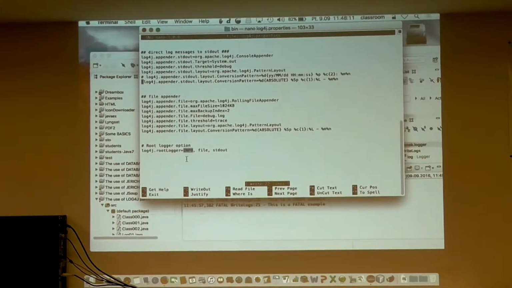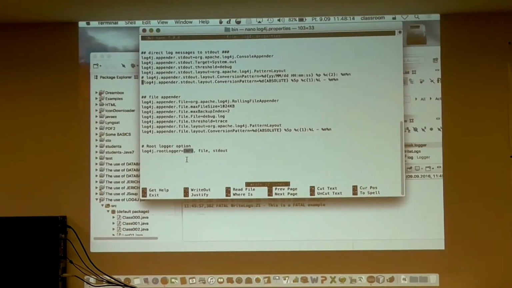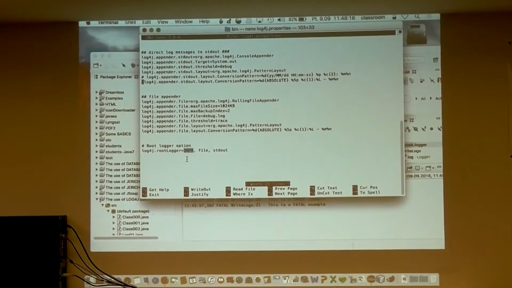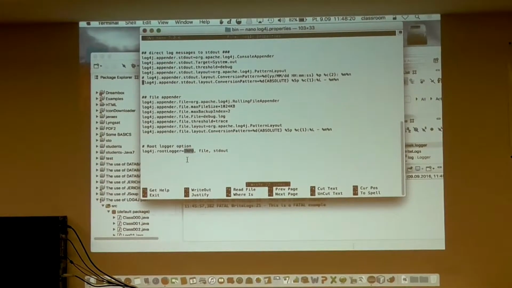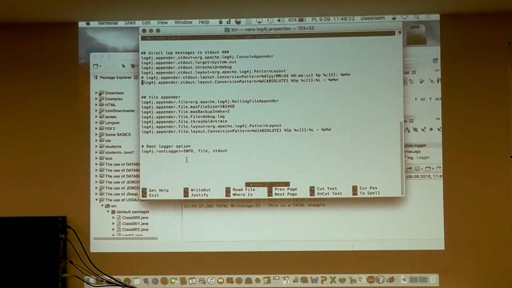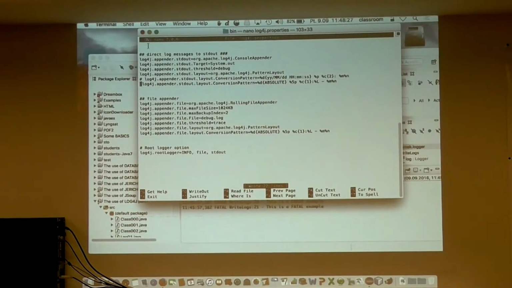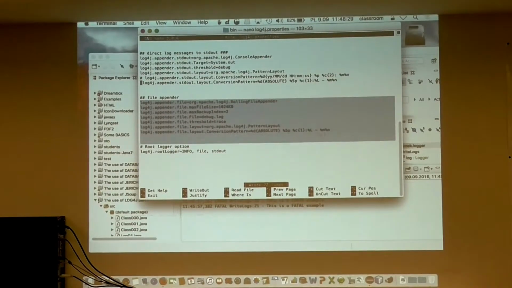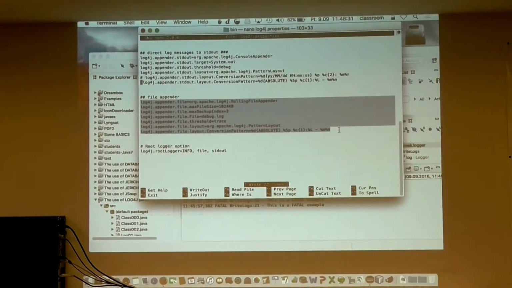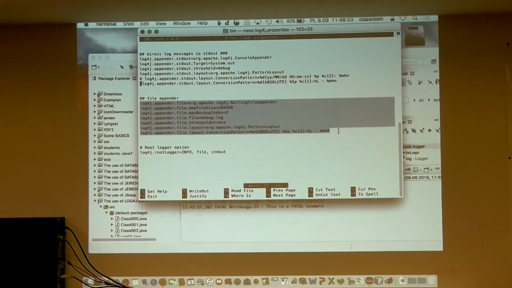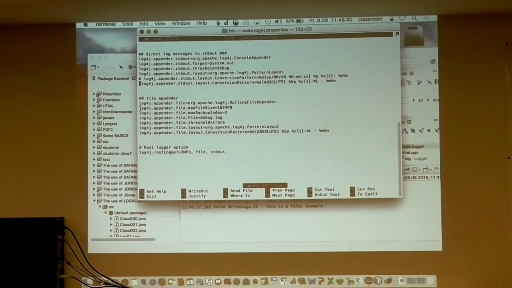You can put off here, where it says info. It means that the whole logging system will be switched off, so you will not see anything. Because we use System.out.println to debug, it's not good. It's not recommended. Much better is to use files. You can also use SQLite to log something, or other utilities. There are many different targets. So files are much better, and you can see here